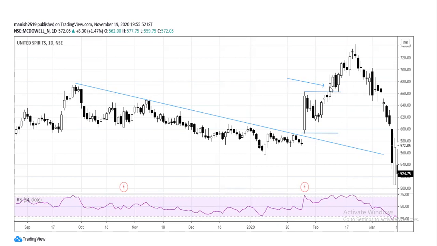Now currently you can cross check the Godrej Consumer price chart. A few days back we got a 20% move in that counter, and there is no follow up after that. So Godrej Consumer made a high of 892, and right now you can see the stock is trading somewhere close to 810, 820. So when Godrej Consumer made a high of 892, it was already a 20-22% move in a single day. So no follow up after that.